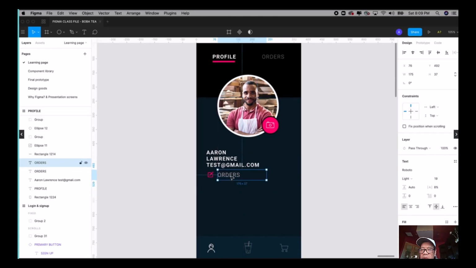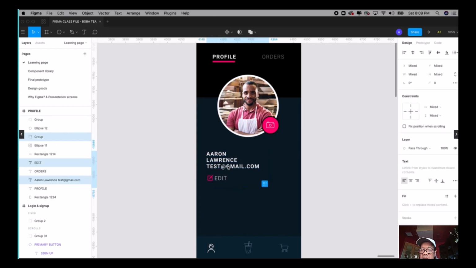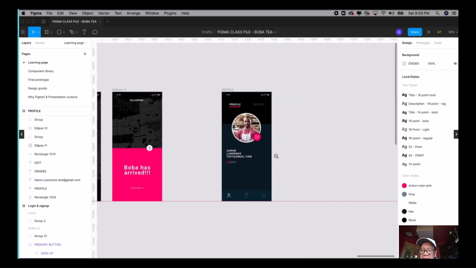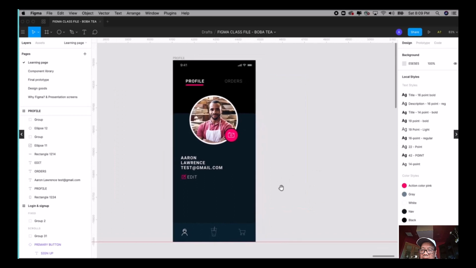So I'm going to, let's edit this thing. Let's put an icon and move it down. Okay, so that would allow me to go in and edit this information here. All right, the next thing we need to do is go to the order page here, and let's copy this